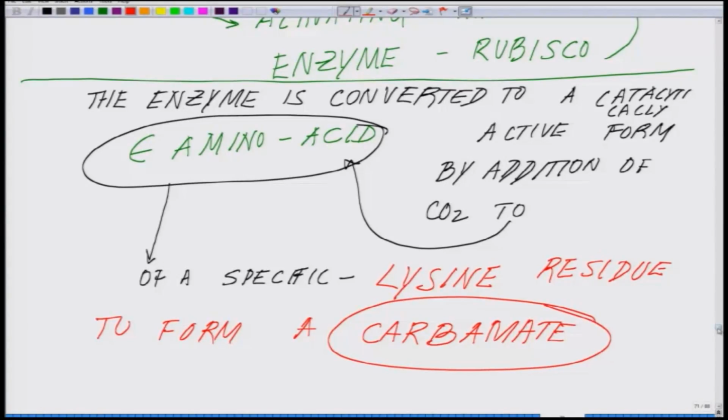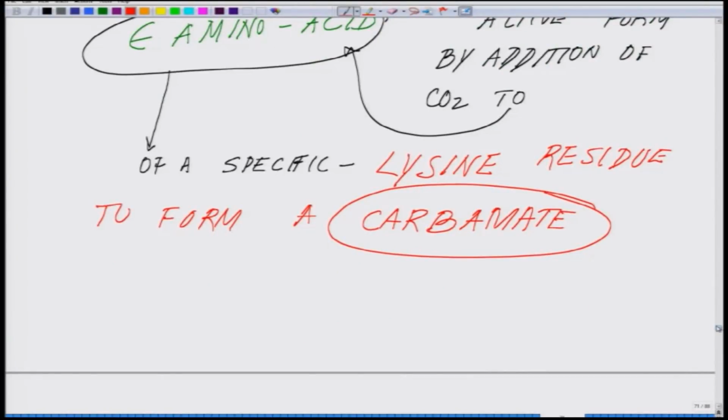So, this carbamate is formed, and this carbamate is a negatively charged adduct. So, basically carbamate is a negatively charged adduct. This negatively charged adduct then binds